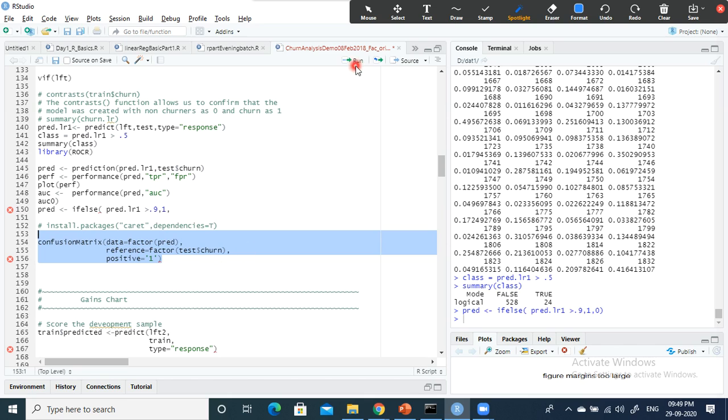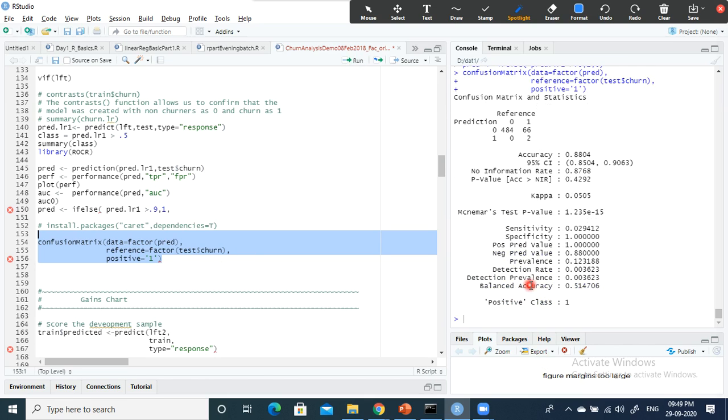And then the test data set, right? We are plotting that. Now let us check the confusion matrix. It gives us this confusion matrix. Look here, it's pretty decent, right? So 0. False positive